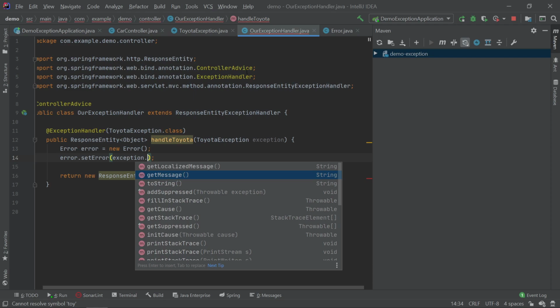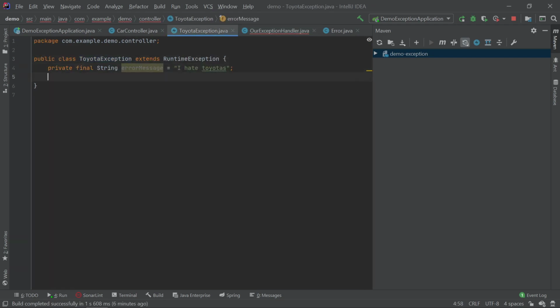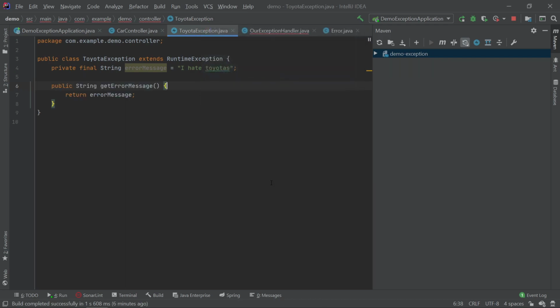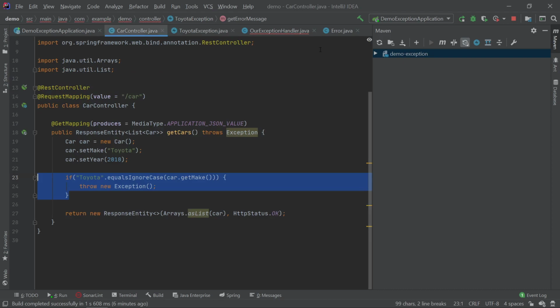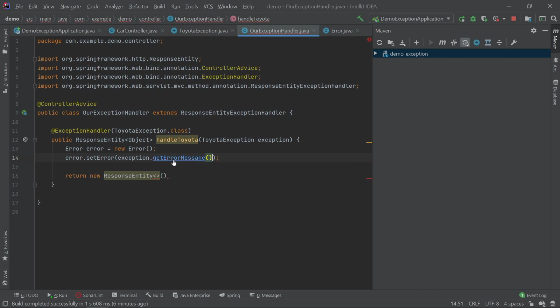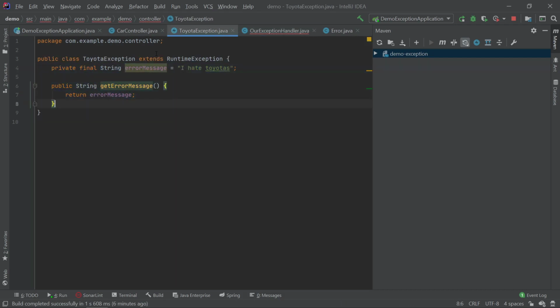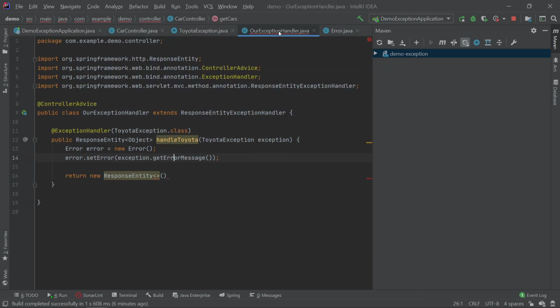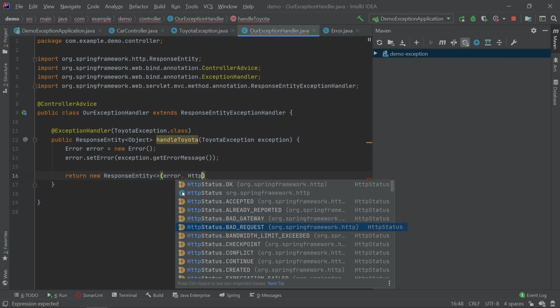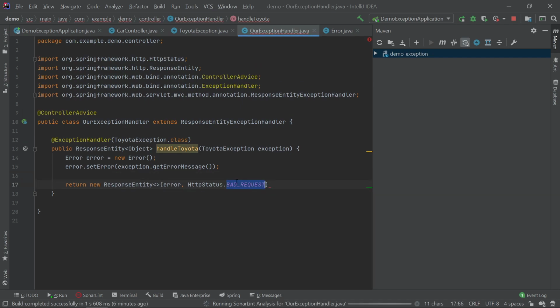Now we have all of this stuff, but inside here, if I generate a getter for our error message, you can see here now it's available to us, and this getErrorMessage comes from our RuntimeException. So now inside our exception handler, we can return error and HTTP status bad request, or let's just call it internal server error. Okay,